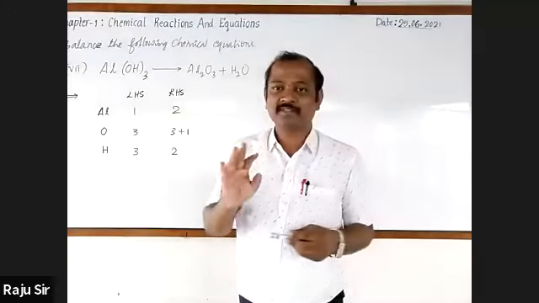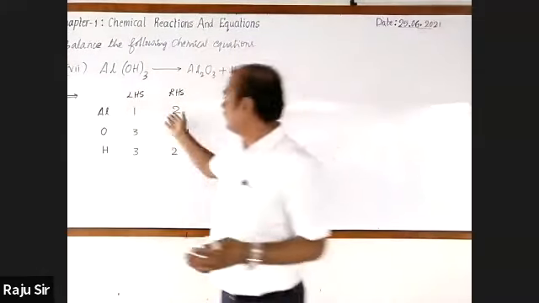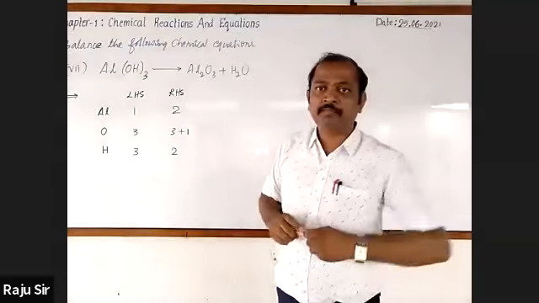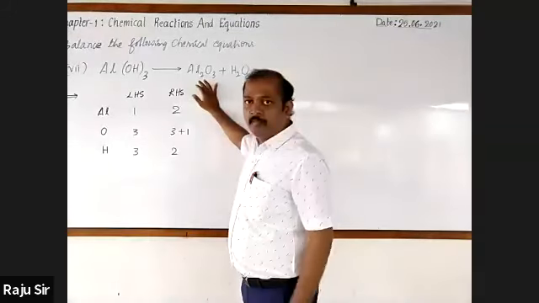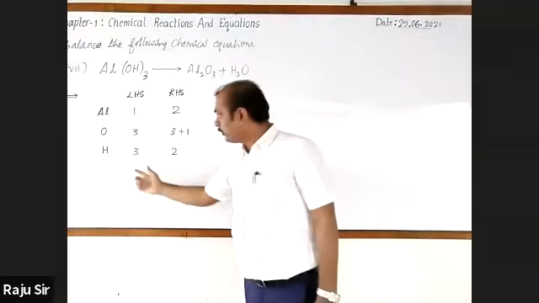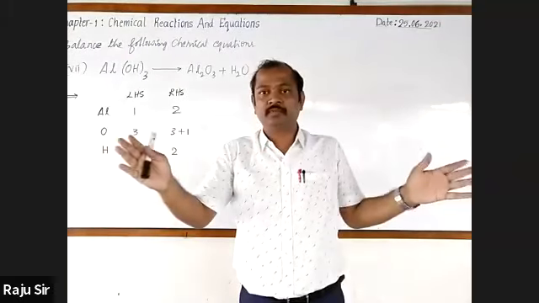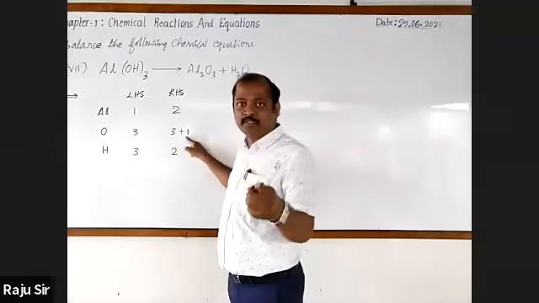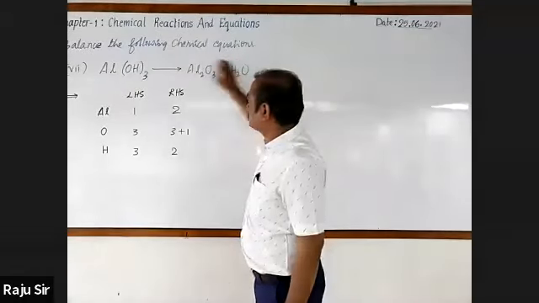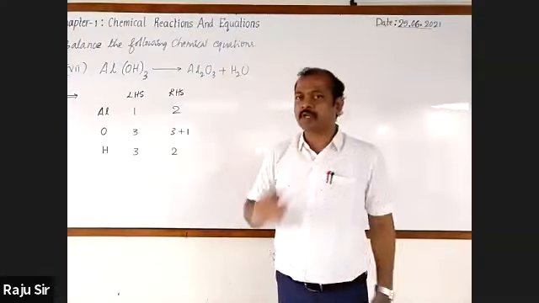We have 2 options, oxygen or hydrogen. Aluminum cannot be considered because it has the least number of atoms. But here, students, one thing you must remember: we take the element with the maximum number of atoms where the atoms are not distributed. Here, of course, 3 plus 1, 4 is there, but the atoms are distributed to 2 compounds. Hence we will go for taking hydrogen.